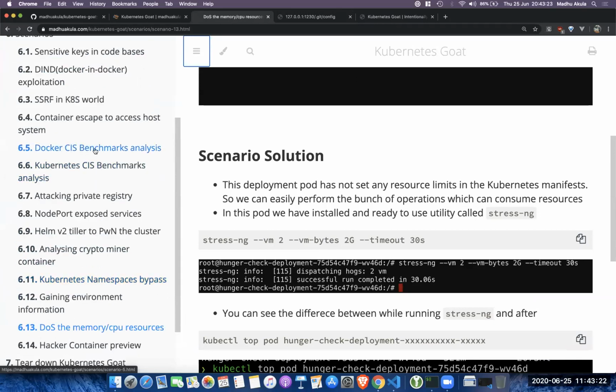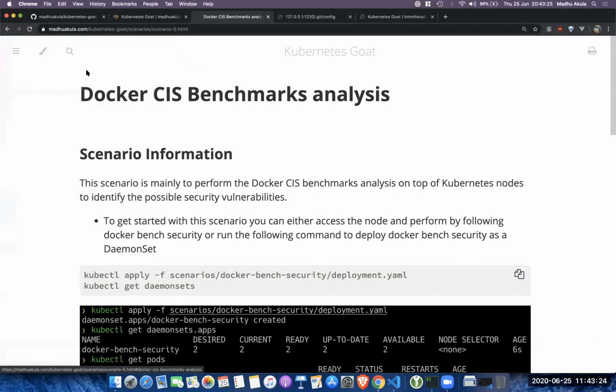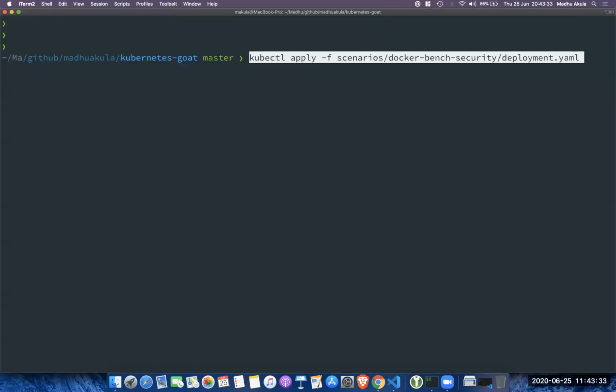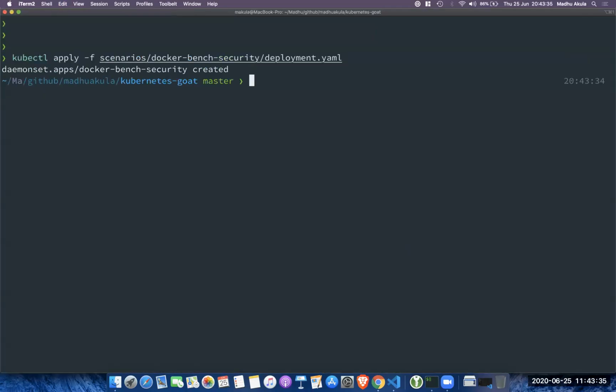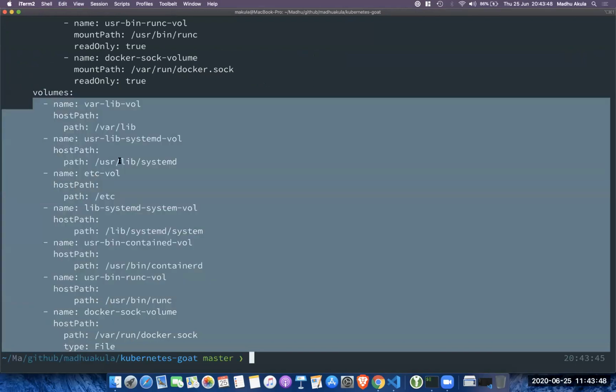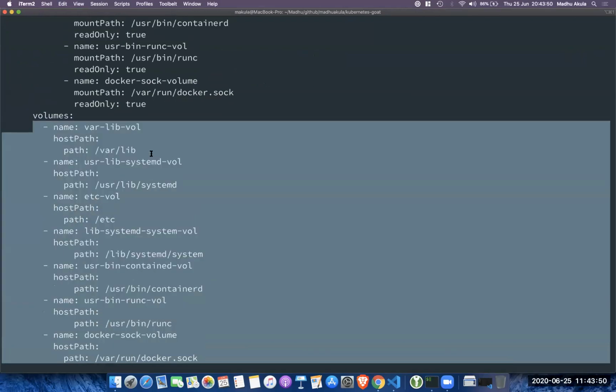And you can also run benchmarks, as I said, to conclude the entire Kubernetes code session. So you can go ahead and run the deployment of CIS benchmarks for Docker. I had to struggle a bit to create this scenario, because Docker is required to run on the host. So I'm passing the socket from the host system and mounting a bunch of volumes and other stuff. So you can either run using this deployment.